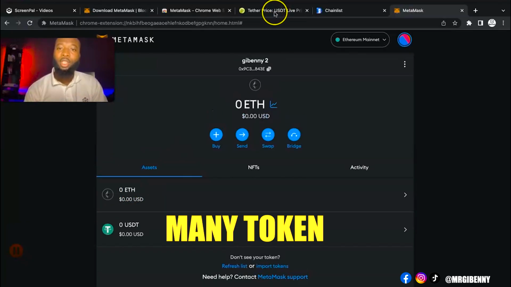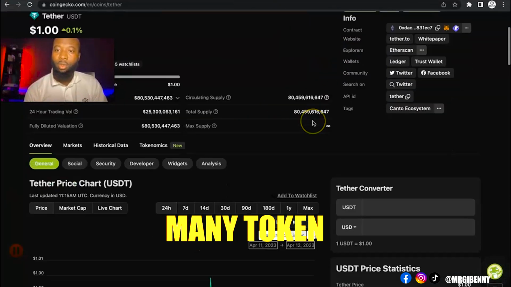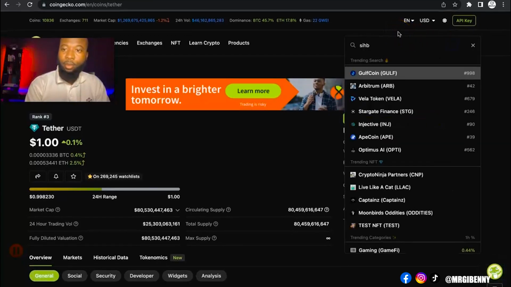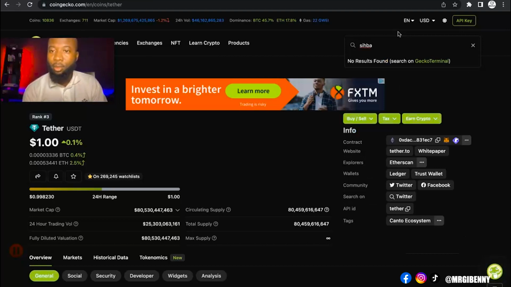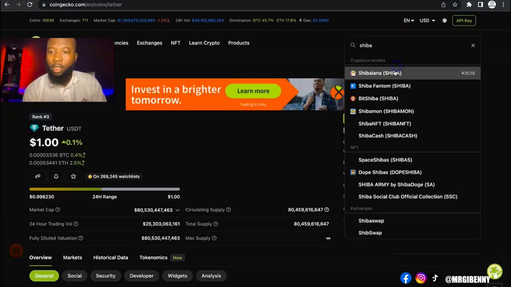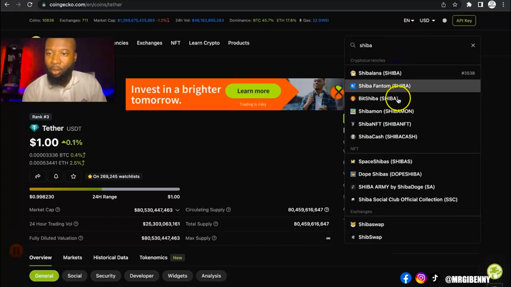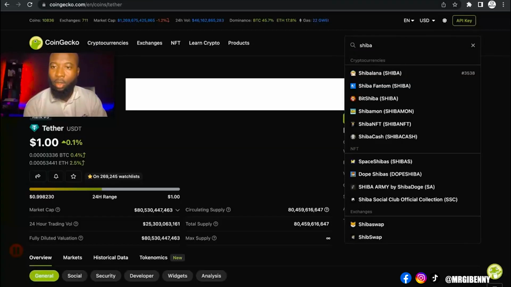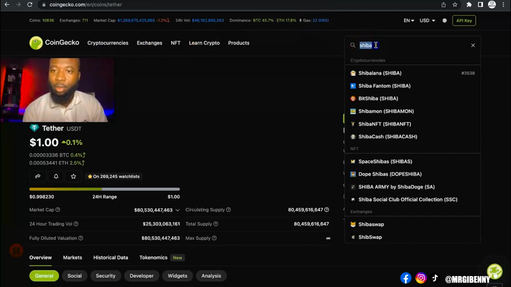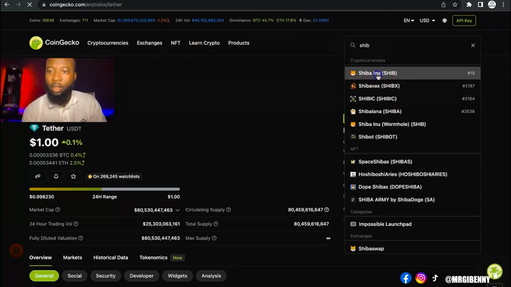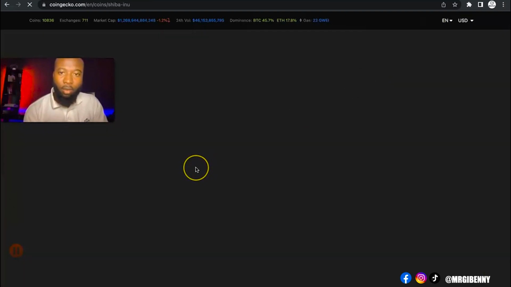Let's say you want to add Shiba Inu. Let's type here Shiba. No, I typed wrongly. Now let's check if this is not Shiba Inu. Don't worry, okay, I should have typed SHIB. SHIB is the ticker name, right? Here it is. So I typed SHIB, it is loading, and once that is done,